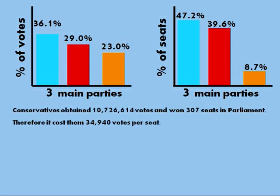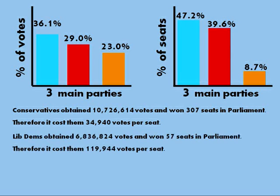The Conservatives obtained nearly 11 million votes across the whole country and won 307 seats for it in Parliament. So a quick bit of maths tells you that for every seat they got, it cost them 34,940 votes. Now for the Lib Dems, who got nearly 7 million votes across the country, but only won 57 seats, for every seat they won, it cost them